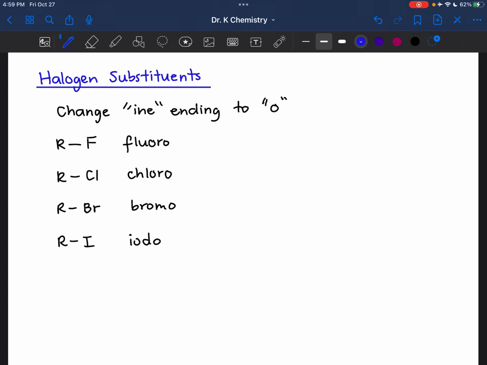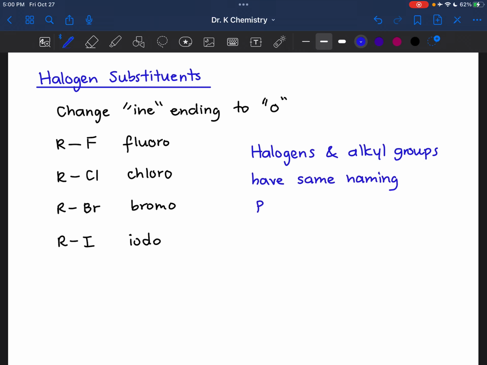Once we actually start putting these names together, we're going to have to figure out how we are going to prioritize these. And I will say that halogens and alkyl groups have the same priority. Same naming priority. And I will show you in the next video how we're going to handle that and how we're going to put all of this together so that we can name compounds with